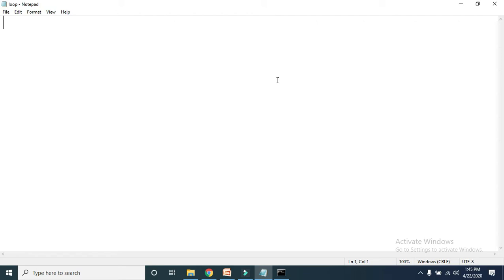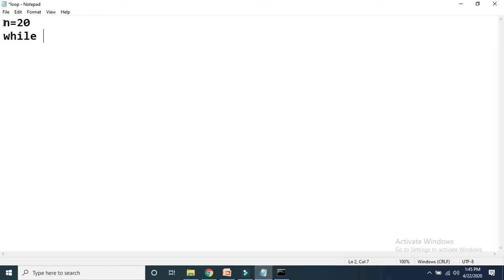Just like our previous program, we have to define one variable, and the initial value of the variable must be 20. Then here we have to use while. We already know the syntax of while. In front of while we have to write a condition. Initially we have to print the value of n as 20, then 19, then 18. We have to repeat this until the value of n becomes 1.